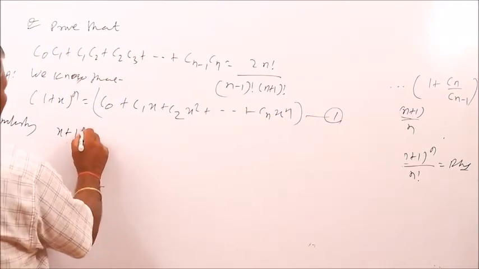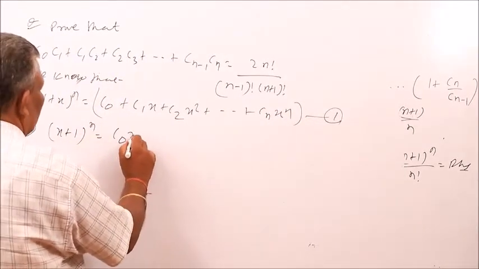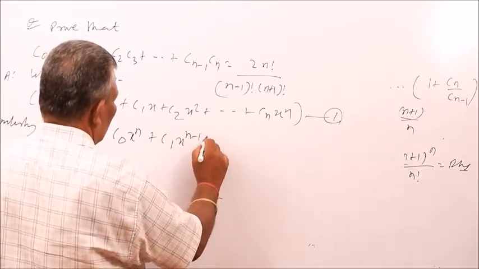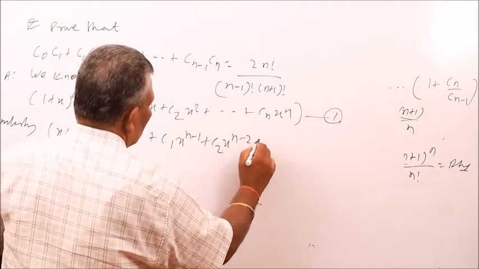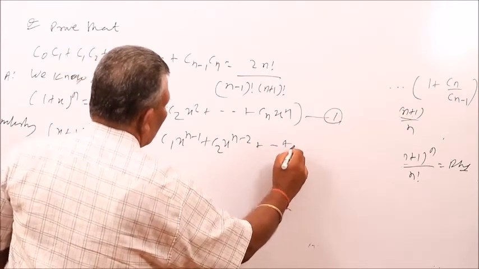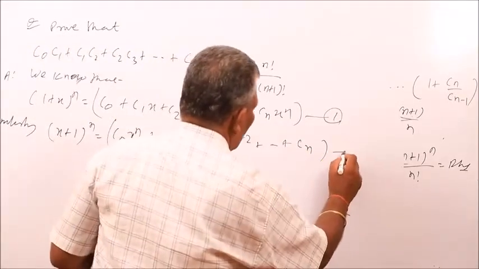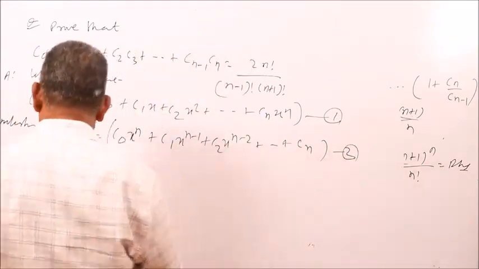X plus 1 whole to the power n equals C0 xn, C1 x to the power n minus 1, C2 x to the power n minus 2 up to Cn, like this. Gradually the power of x will be decreasing. Let it be equation 2. Multiplying 1 and 2,